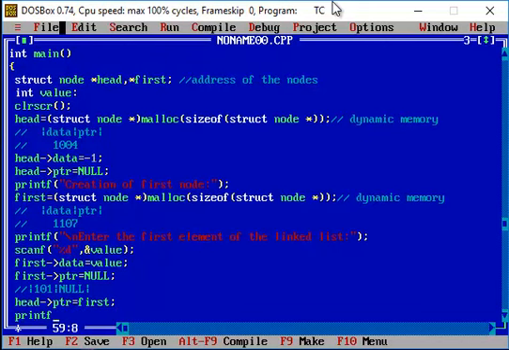So here the singly linked list is, let's say for example I have the head node, and the head node is pointing to the data that is present in the first node. So first node pointed towards the data.